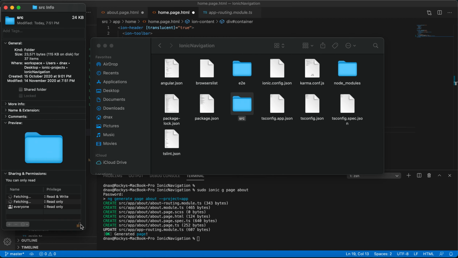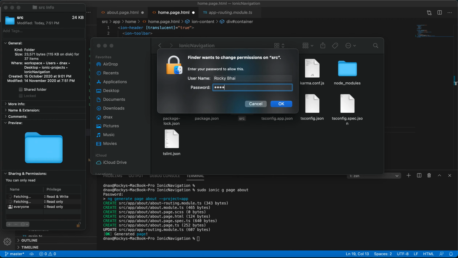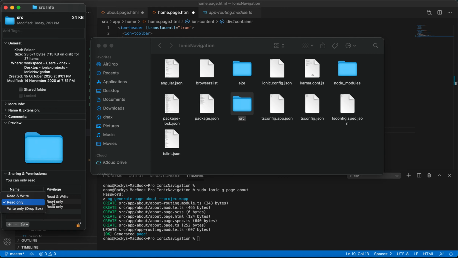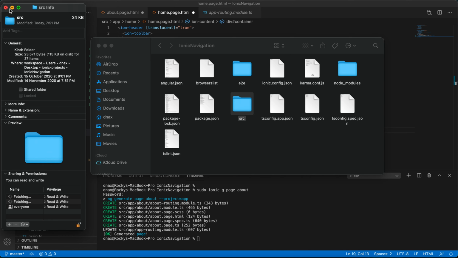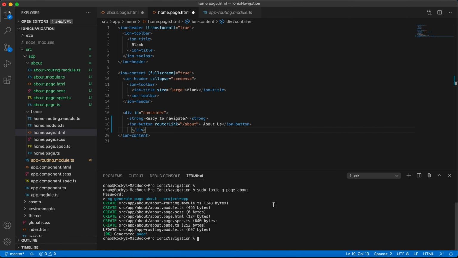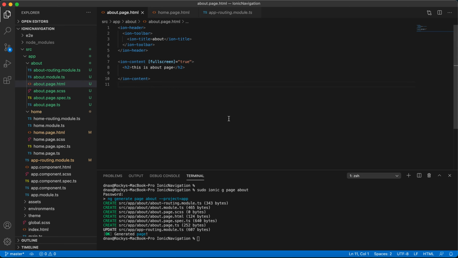We need to give permission to the folder, then only we can use it in the Visual Studio Code editor. Then you can see apply to enclosed folders. Now the permissions are applied. Now just go and click save. It's saved, and about us page also just save. It got saved now.